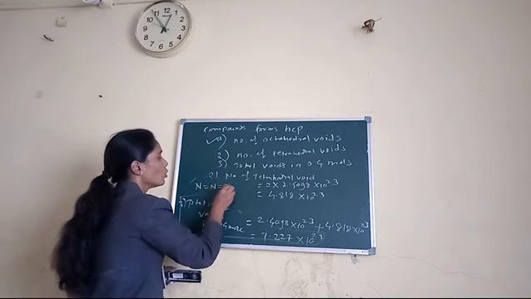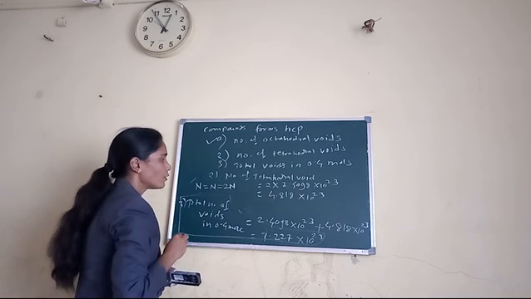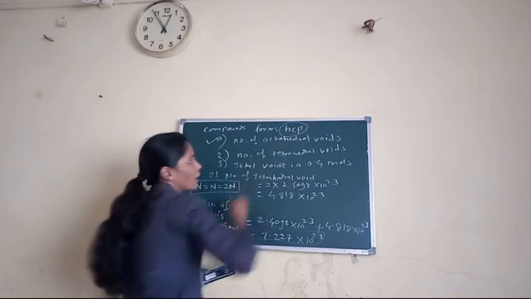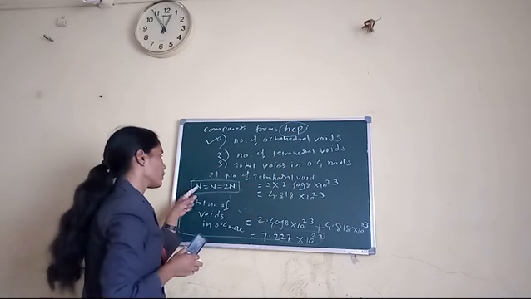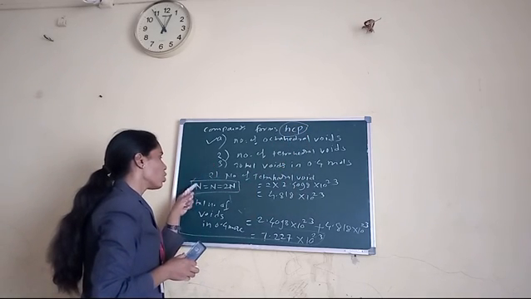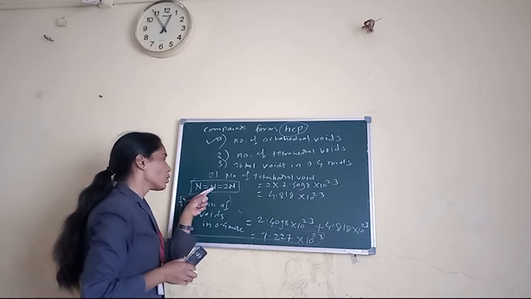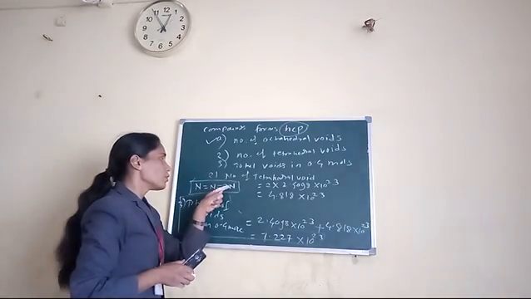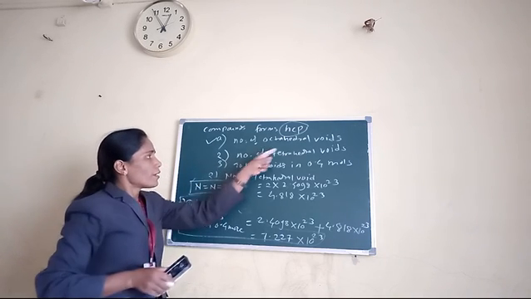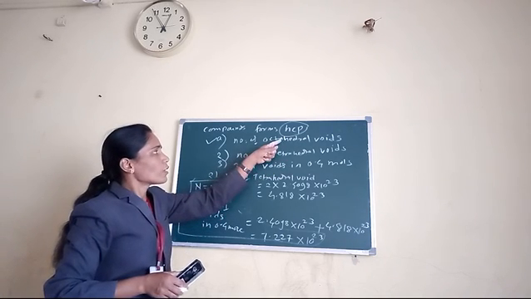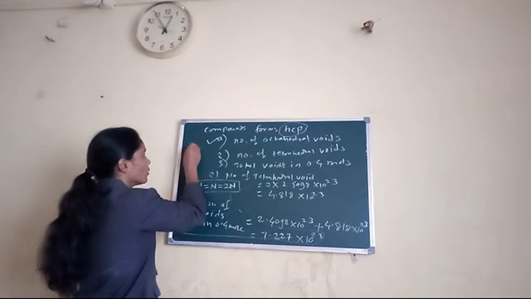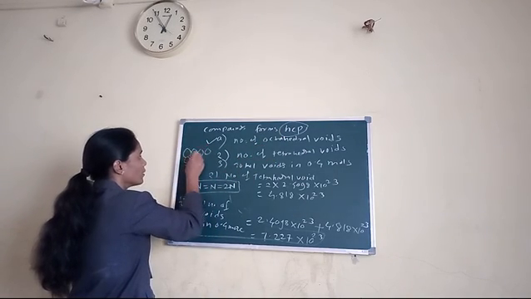From here we know that the number of atoms is equal to the number of octahedral voids, and the number of tetrahedral voids is twice n in HCP, hexagonal close pack structure. The number of atoms or spheres is equal to the number of octahedral voids, and the tetrahedral voids are double the octahedral voids, and the octahedral voids are equal to the number of particles present in the hexagonal close pack structure.